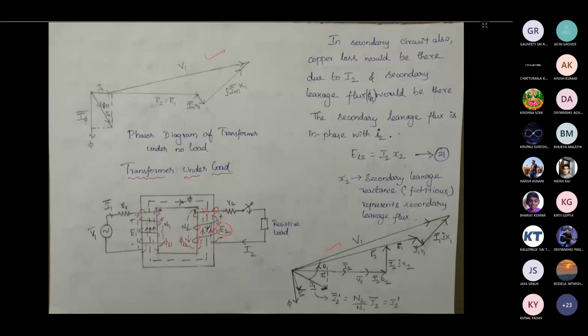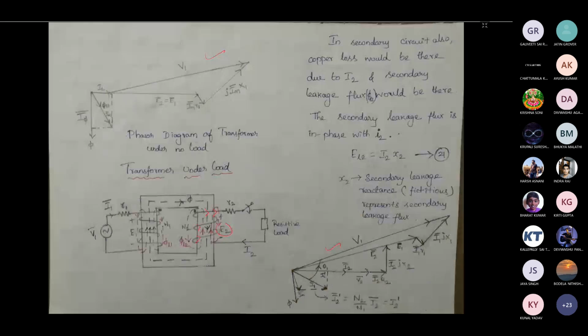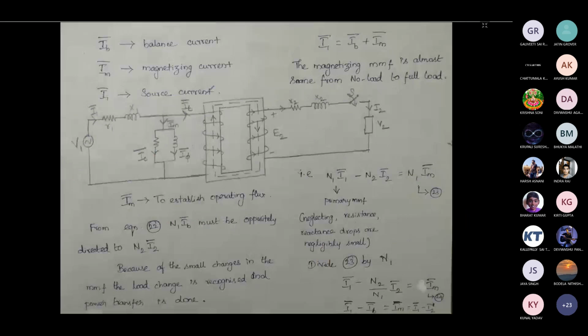Similarly, now you have a flux here that is linking only the primary, not the secondary. Here also you have certain flux which is linking only the secondary and not the primary. This is what I was discussing. In order to represent the flux phi m, that is the mutual flux, I am going to represent this part. This is the shunt inductance part that is helpful to represent the flux.